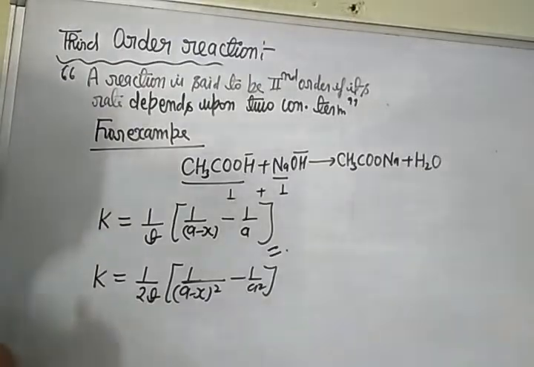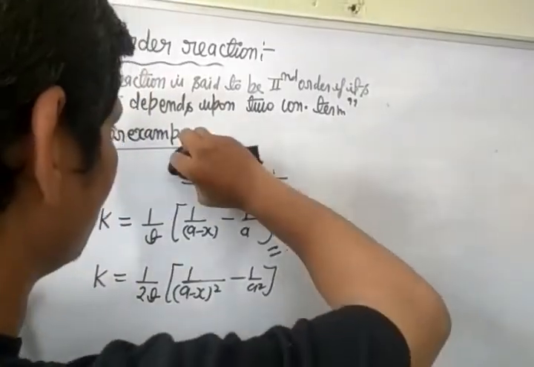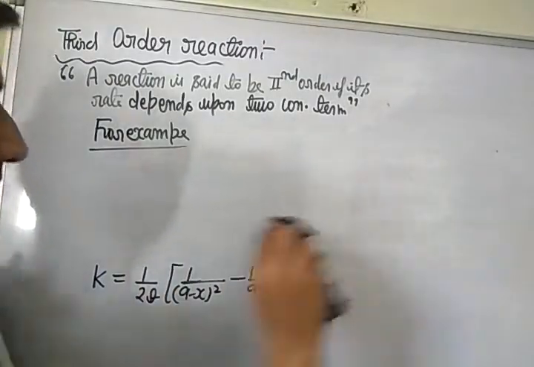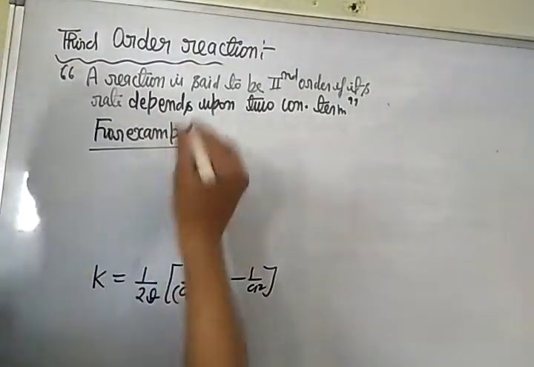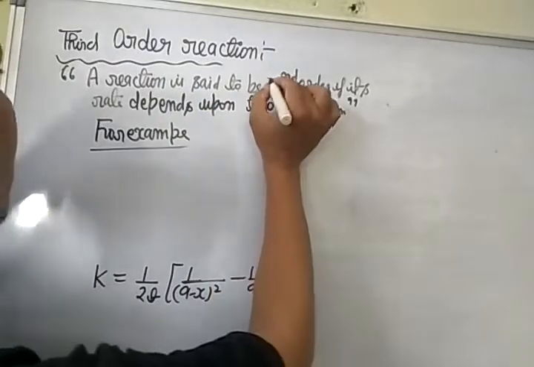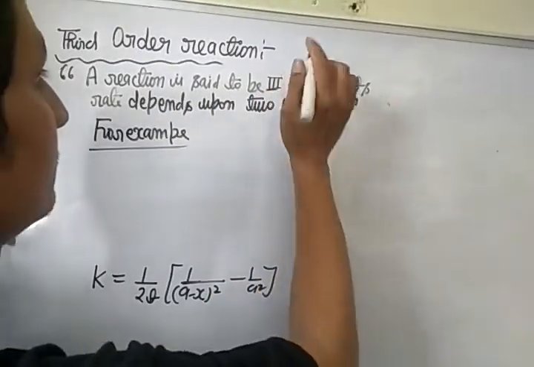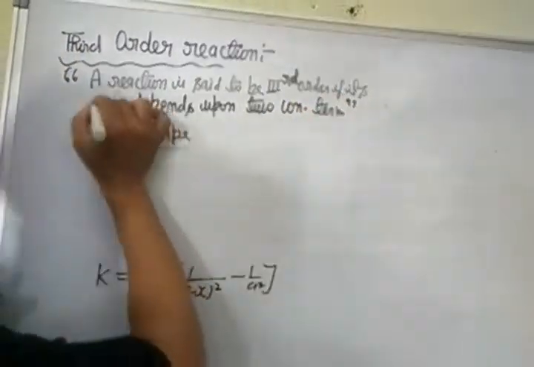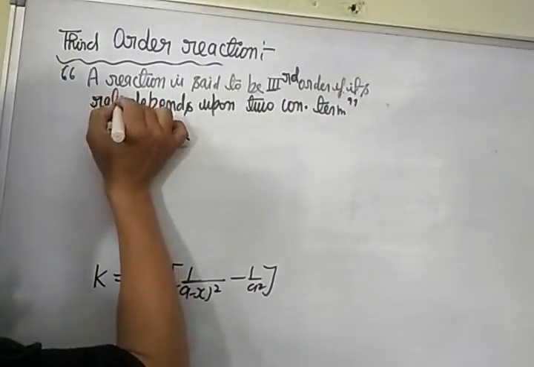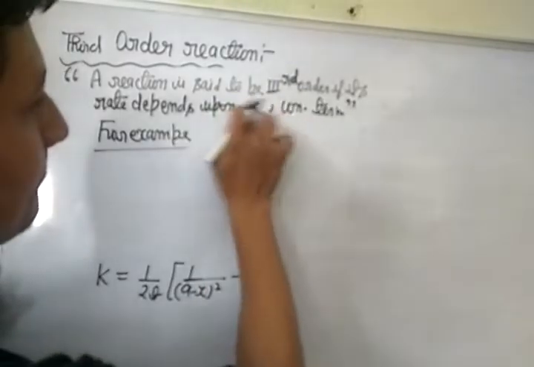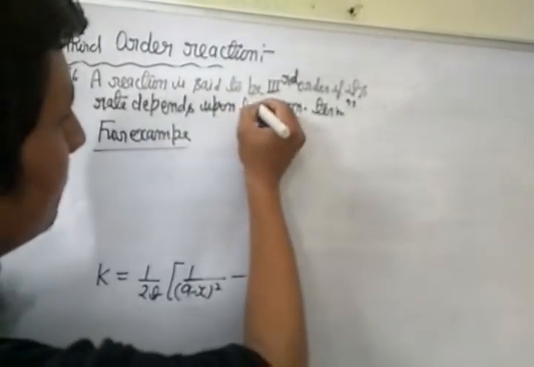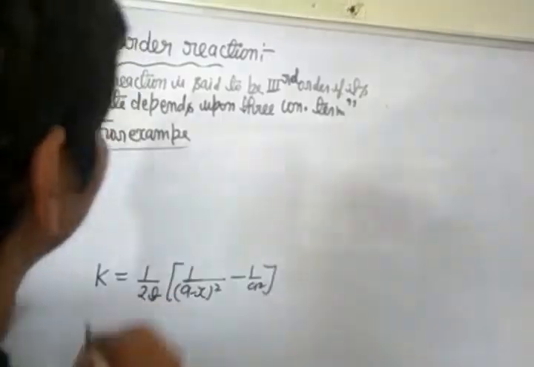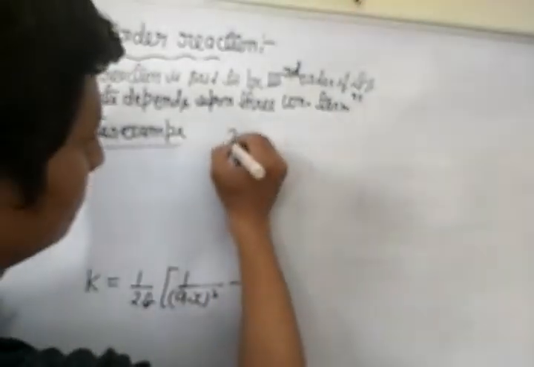Third order reaction: a reaction is said to be third order if its rate depends upon three concentration terms. For example,